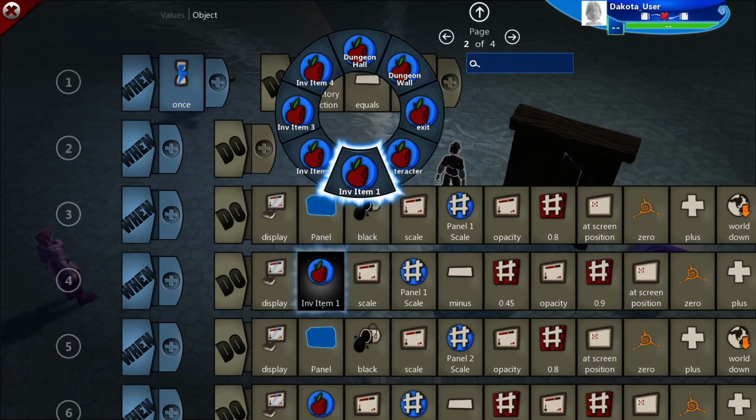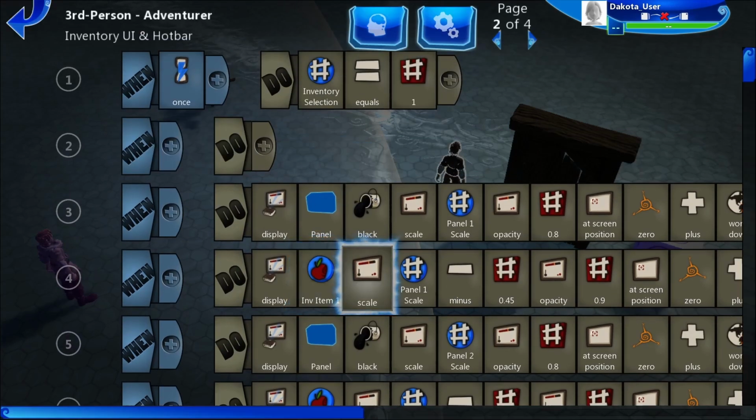So display inv item 1 is basically inventory item 1. You can also just name it inv1 or item 1, but this makes it more clear, you can tell which item it is. Scale panel 1 scale, so same as above, but you want to also add after that minus 0.45 because